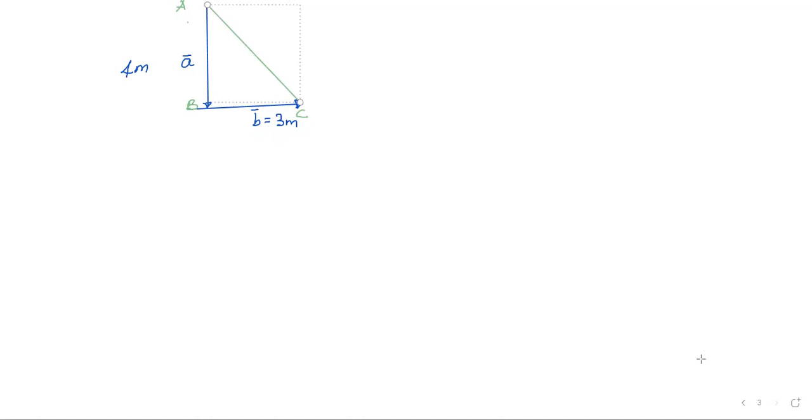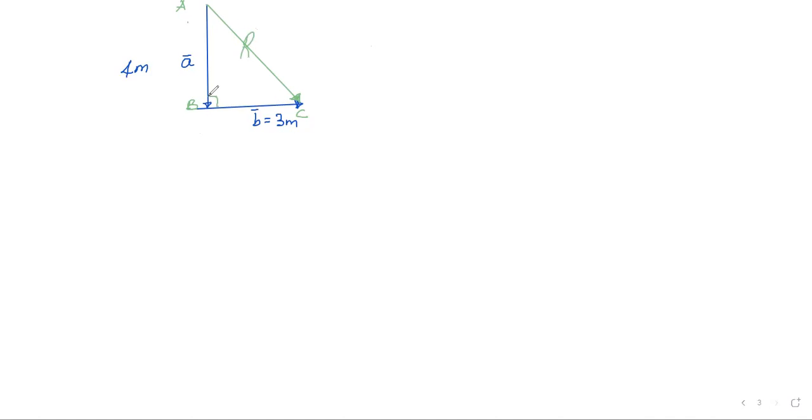AC as the resultant vector, because by definition, a resultant vector is a single vector that produces the same effect as the combination of two vectors. Now you move from A to B, from B to C, just like you move from A to C. Therefore, this is the resultant vector. But because vector A was 4 meters at 270 degrees, and this C moved east, we say these are